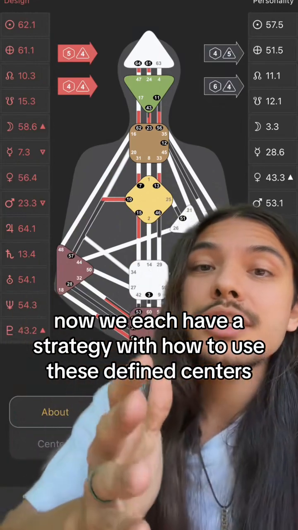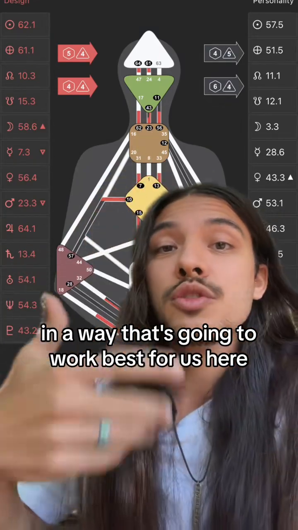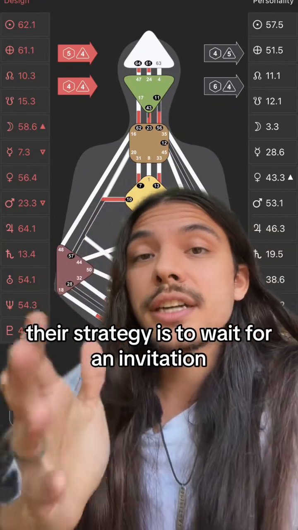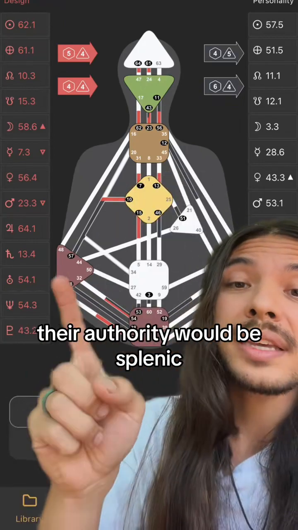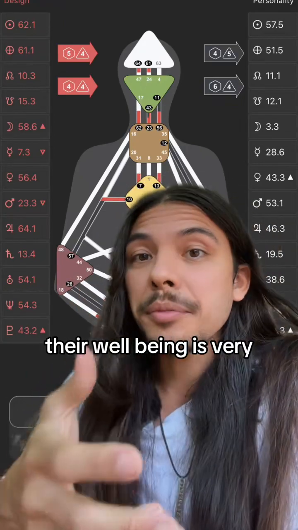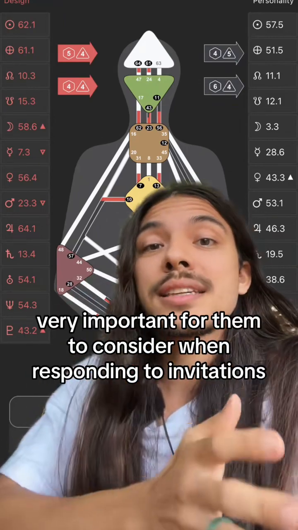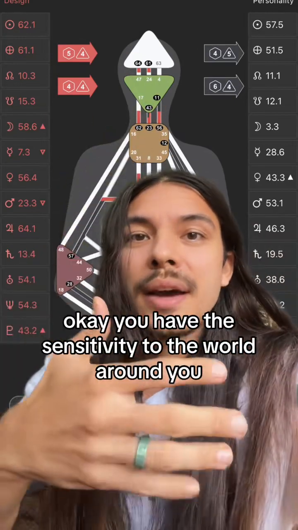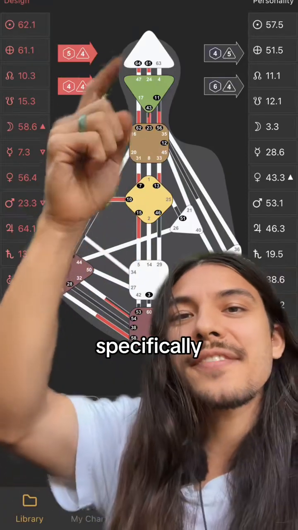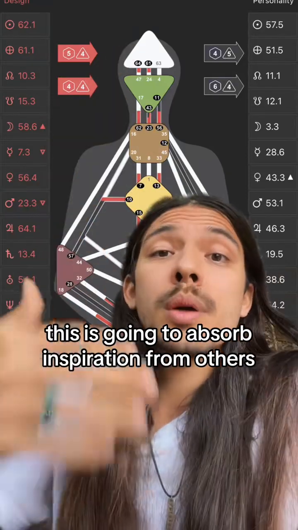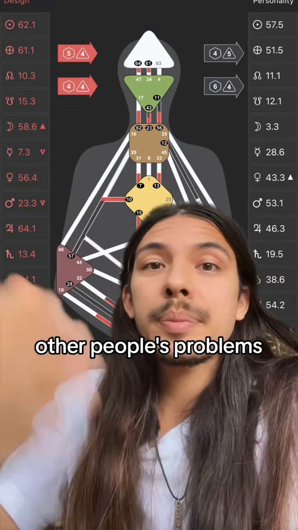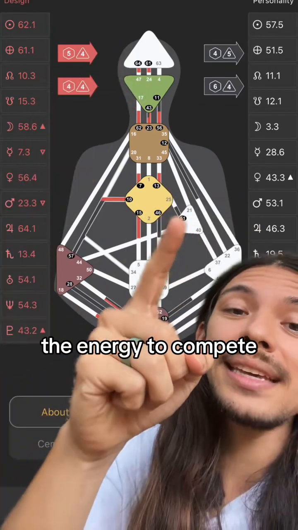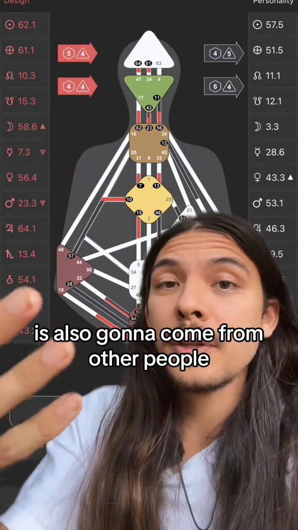Now, we each have a strategy with how to use these defined centers in a way that's going to work best for us. Here, this is the design of a projector. A projector's strategy is to wait for an invitation. Their authority would be splenic, meaning that their health, their well-being, is very, very important for them to consider when responding to invitations. Now, with these open centers, what you have is empathy, okay? You have the sensitivity to the world around you. Specifically, the head right here is going to absorb inspiration from others, other people's problems. Pressure to think is going to come from other people. The energy to compete, the energy to build is also going to come from other people,